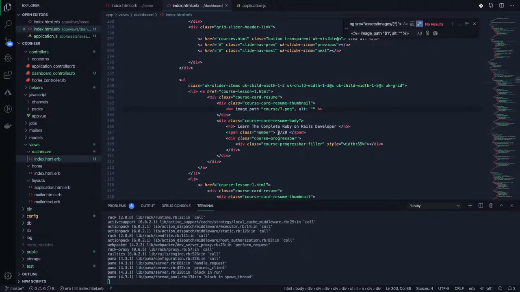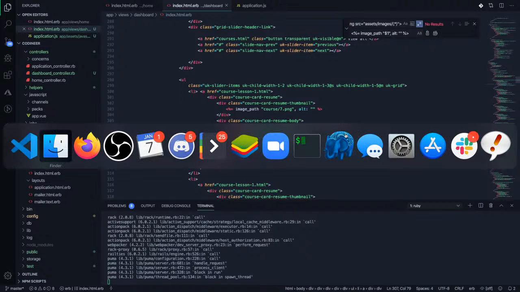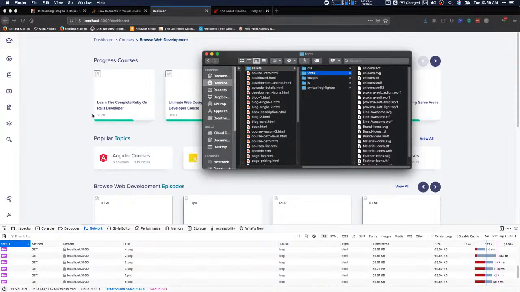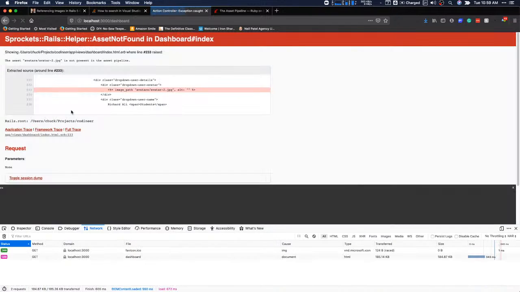Right? So now I'm going to wind up replacing this stuff either with Rails or Vue. I'll probably wind up doing it with Vue, just because I want to learn Vue. But yeah, now if we reload this,